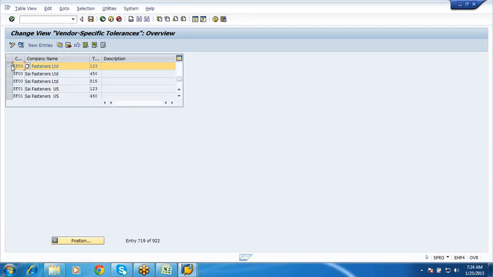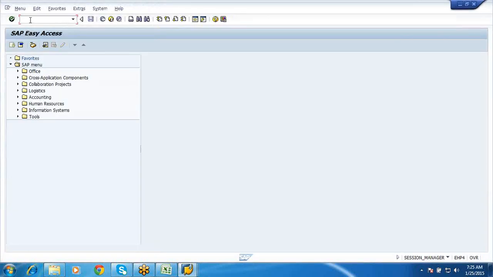Configuring here alone doesn't suffice the requirement. What you need to do is go and give them in your vendor master also, that is in XK02.